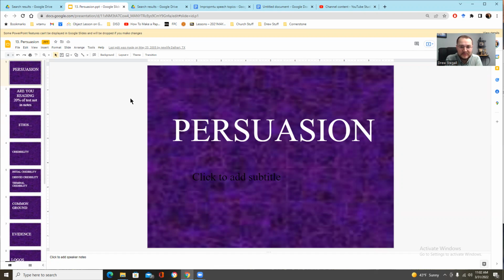Second, we're going to go over persuasion and how to be persuasive. Persuasion is trying to get someone to change their actions or beliefs. It goes like this. People have innate values. That could be, I value relationships. I value freedom. I value making people feel happy. So let's pick on freedom. Americans, we value freedom. And that changes our beliefs. So it goes from values into beliefs into action.